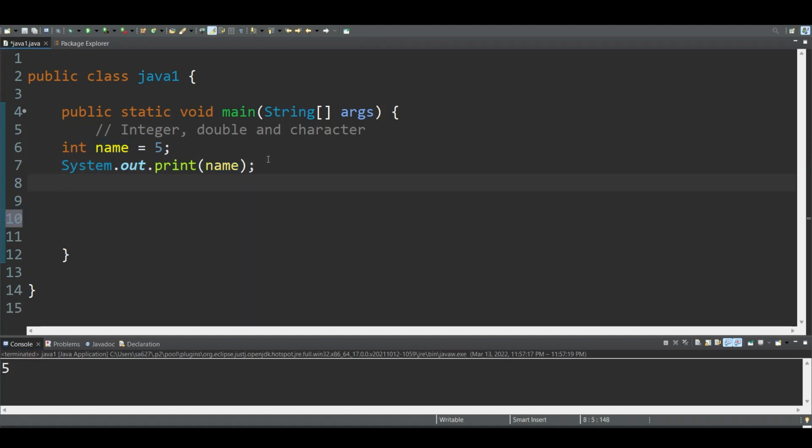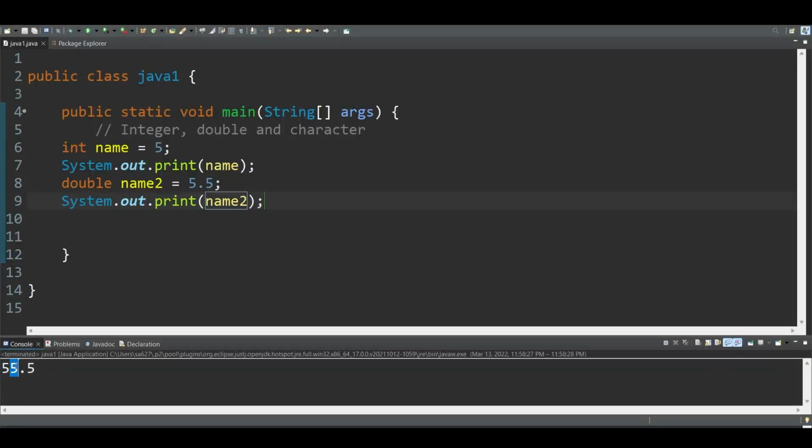Now let's move on to the next data type, which is double. To make a double variable in Java, we start by typing its type as we've done with int, but this time we write the whole name, so we write double. After that we give it a name, so let's call it maybe name2, and then we give it a value, which, because it's a double, can hold a float value, so I'm gonna give it the value maybe 5.5. And now we print it, so system.out.print, and here we're gonna call it name2. Now if we save and run,